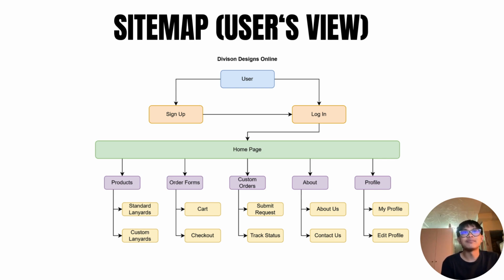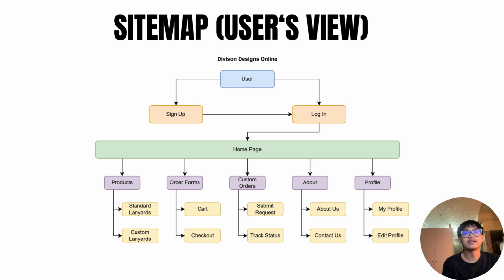So for the sitemap of the users' view, first, after accessing the system, they will either sign up or log in, and then after authentication, they are directed to the home page, which serves as the central navigation point. From the home page, users can access several main sections. First is products, where they can browse standard lanyards or custom lanyards. Second is order forms, which